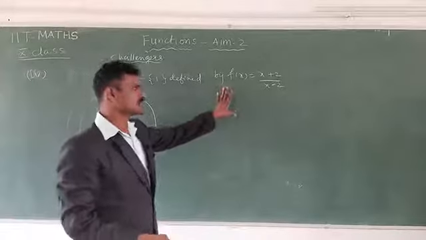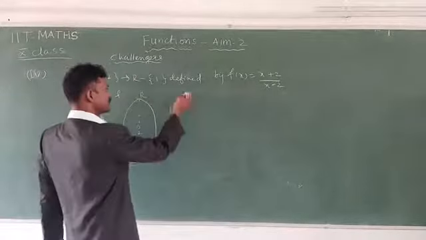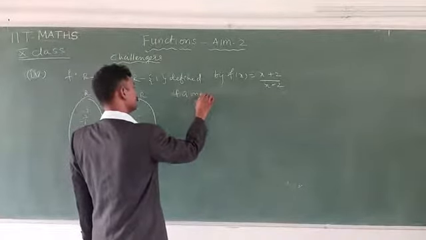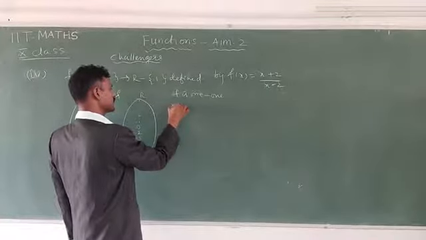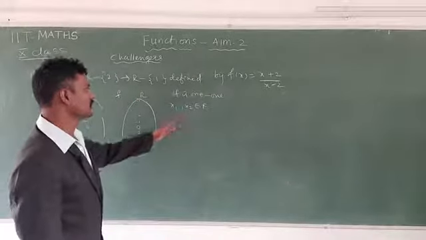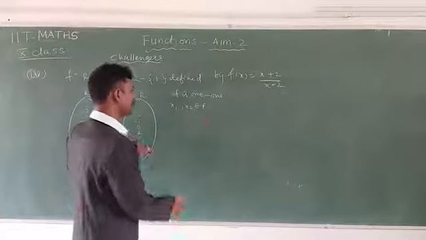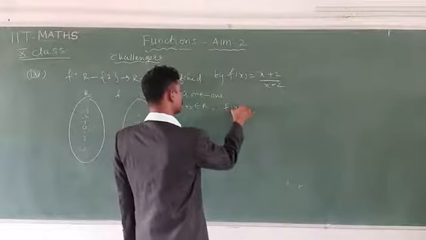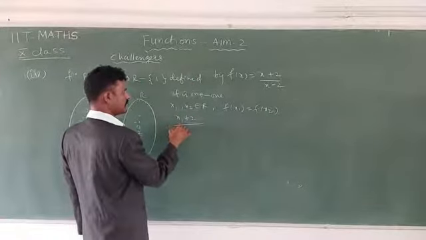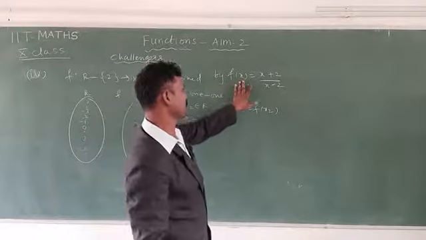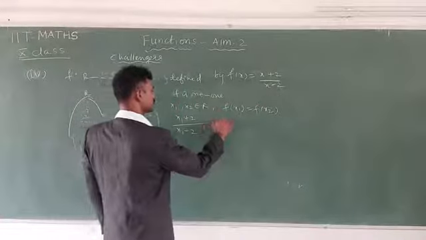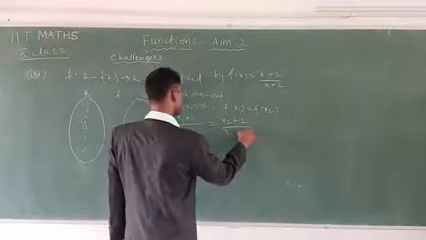See here. Now f is one-one, onto we have to check here. Let f be one-one first. We have to check: you can take two elements in domain, x1 comma x2 belongs to R, but except 2 is not there in domain. Now here f of x1 is equal to f of x2. Now you can substitute here: x1 plus 2 by x1 minus 2 is equal to x2 plus 2 by x2 minus 2.